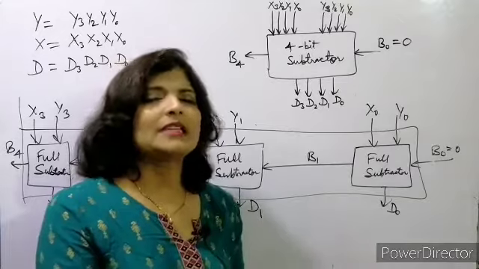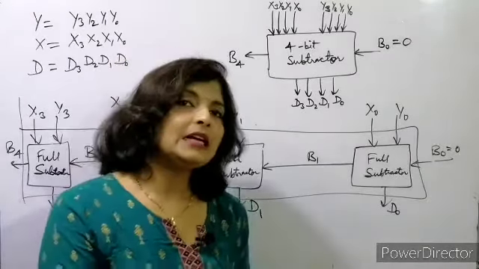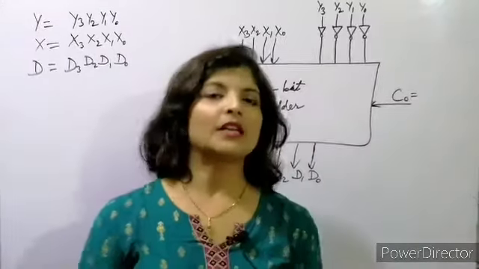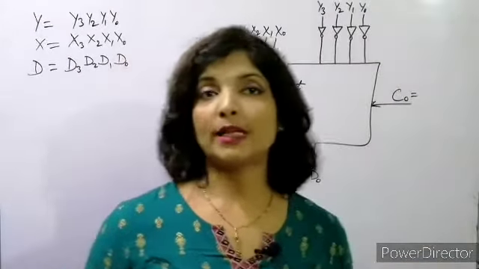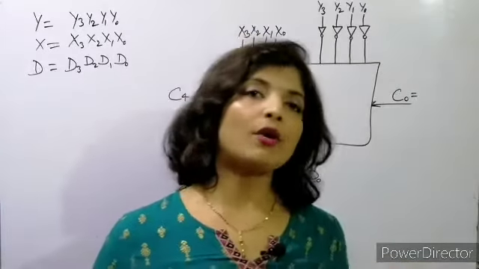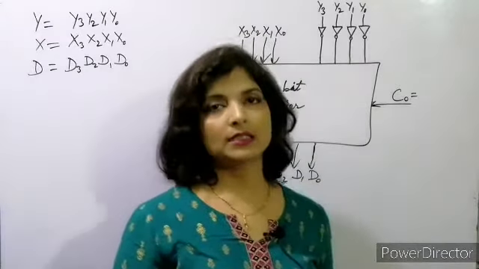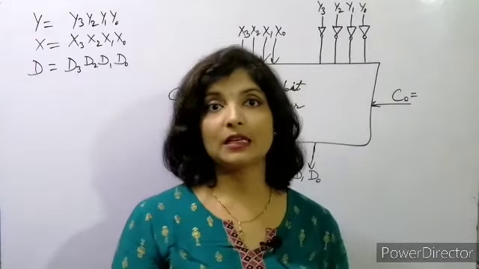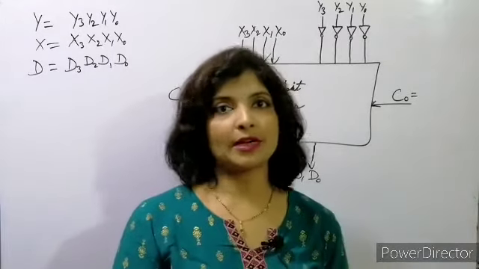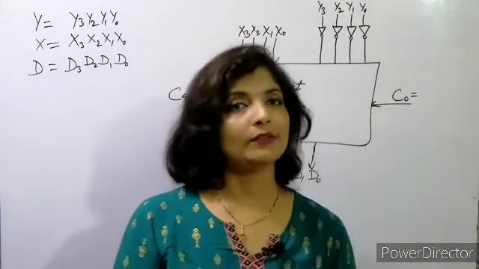So we have taken 4 bits, 10 bits, 12 bits, 20 bits, 50 bits, for all bits we can take, okay. We can design a borrow ripple subtractor. Got it? As I told you, there are two methods. One, we have to subtract an n-bit binary value, that is y, from another n-bit binary value, that is x. So x minus y, for that we saw the n-bit subtractor, and for that we also designed the borrow ripple subtractor. So 4 full subtractors we have connected in series, and we got the borrow ripple subtractor.